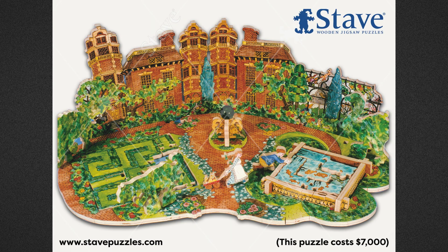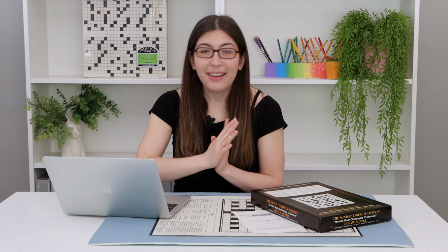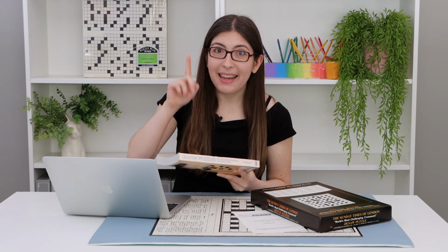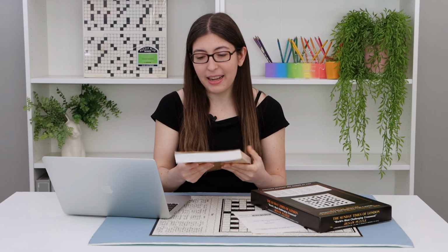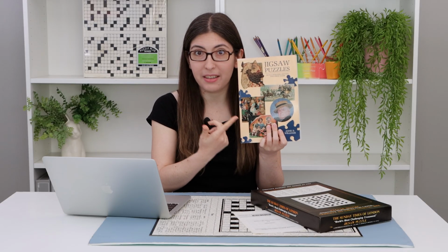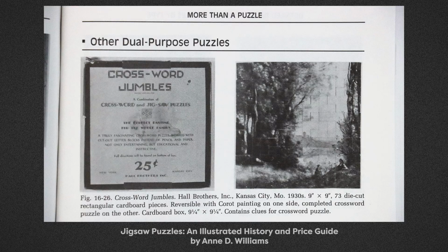Stave is one of the most high quality and expensive wooden puzzle brands out there. So that's a fun connection and an interesting bit of puzzle history. And speaking of fun connections, I was looking at Anne Williams's illustrated guide to jigsaw puzzles, and I found this